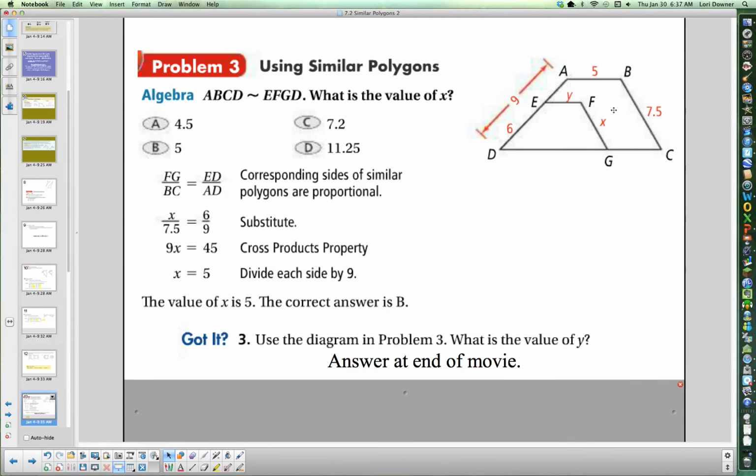We're going to use this diagram, and I want you to solve for y now. And then you're going to put your answer in at the end of this movie. Okay, once you're finished with that,